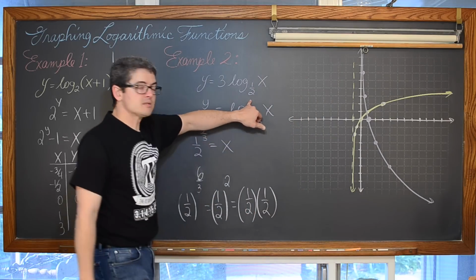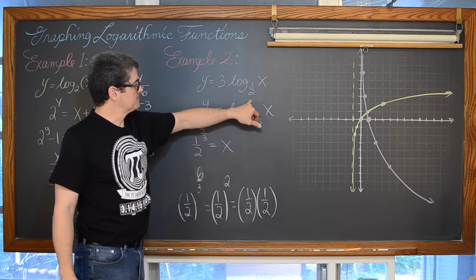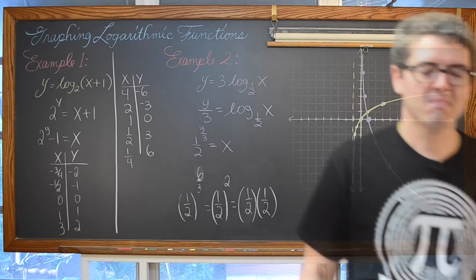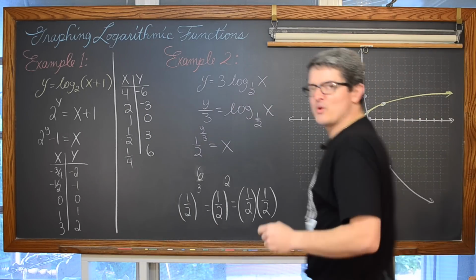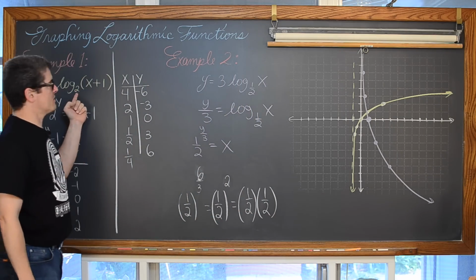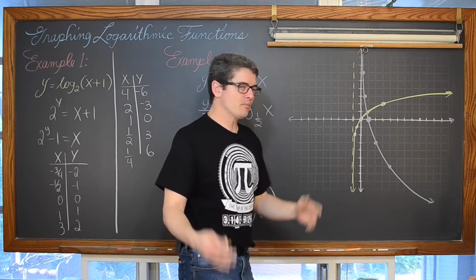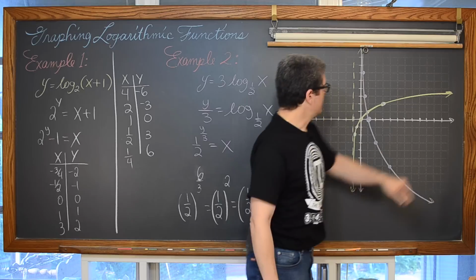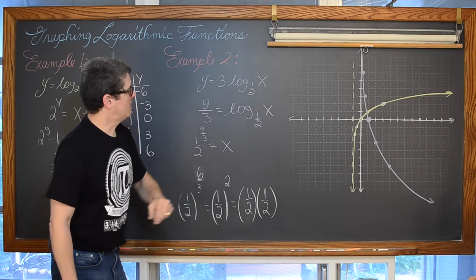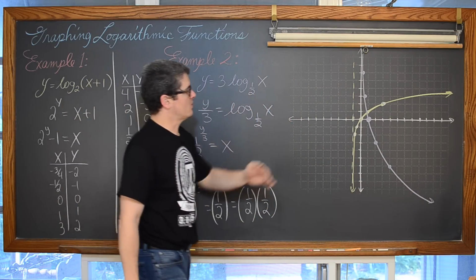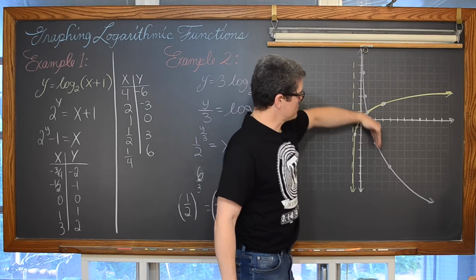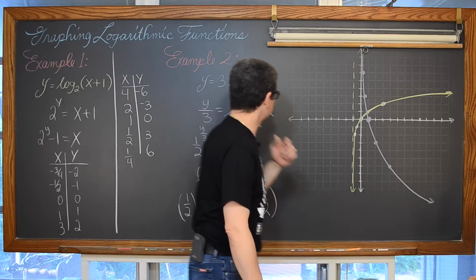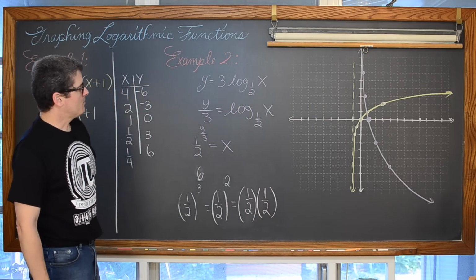Now notice the base being between 0 and 1. This graph is falling. With a base bigger than 1, and most of the time your bases are going to be bigger than 1, those logarithms kind of come up from the bottom and go over to the right. And with that base of 1/2, we get a function which I like to call monotonic decreasing, as opposed to monotonic increasing. It's interesting.